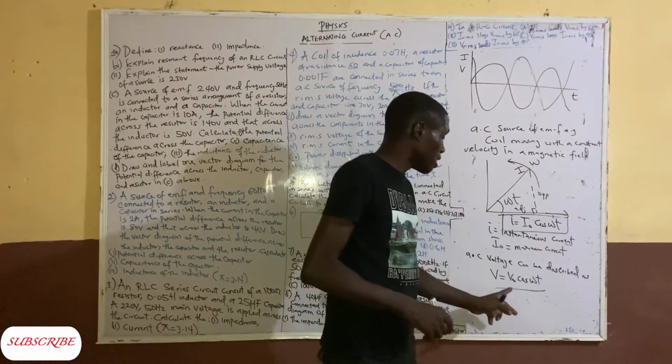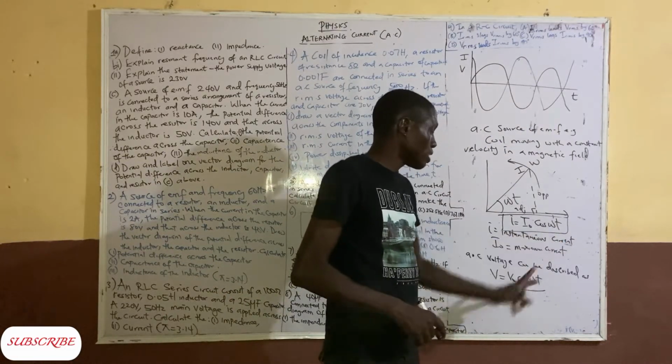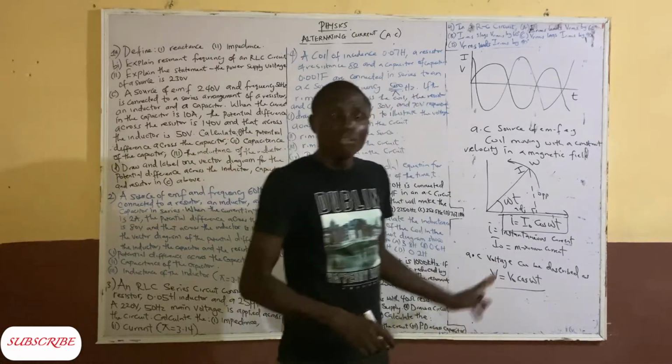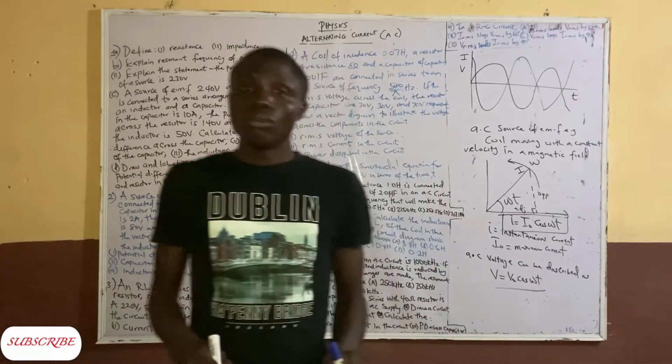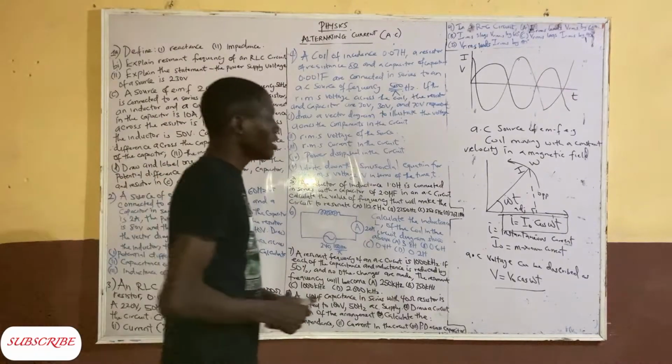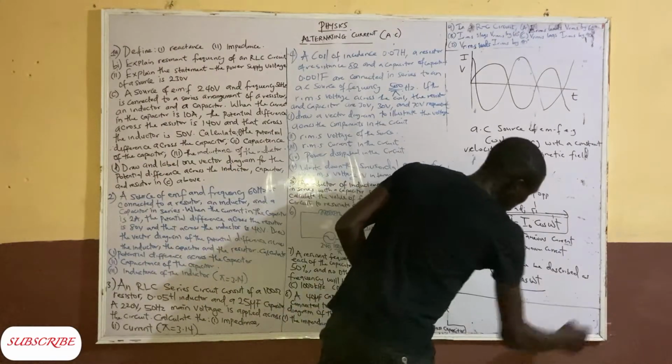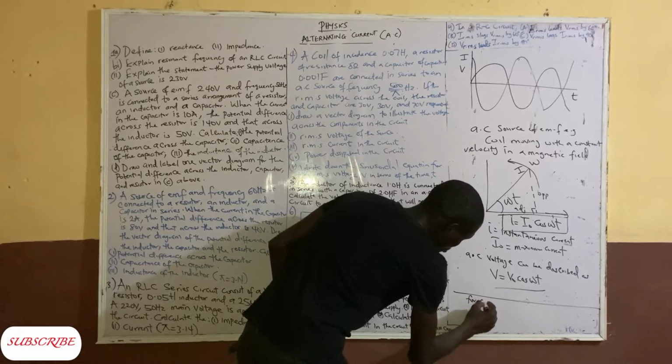The current I can be represented as I equal to I naught cos theta, and the voltage can be represented as V equal to V naught cos omega t. Now another thing that you need to know is that for sinusoidal current in an AC circuit,